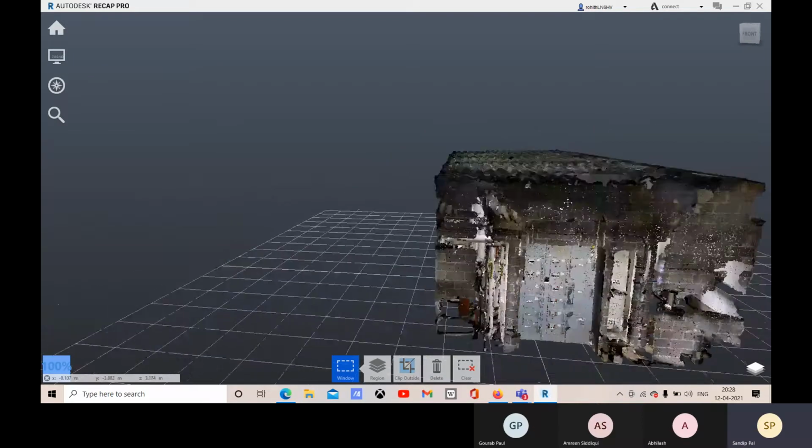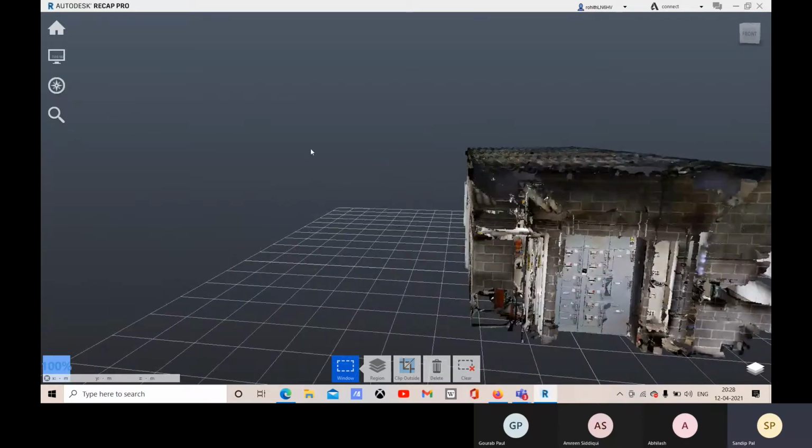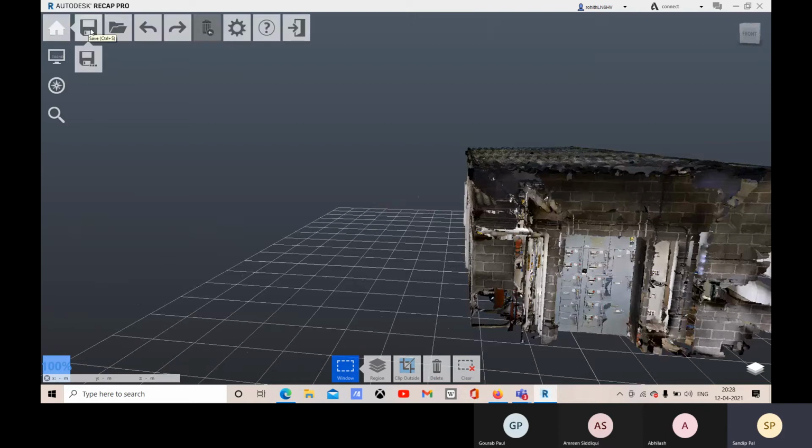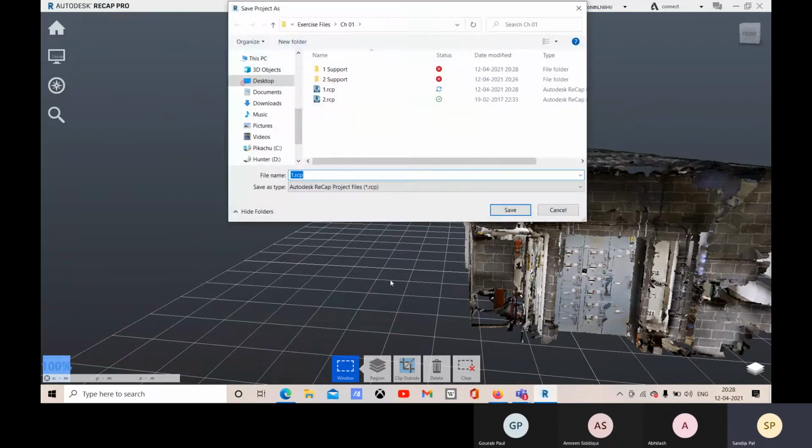So now you can go for saving it. After opening this, you can go for save or save as. There you can save it. Okay, so now you can see that currently I'm saving it as 1.rcp.